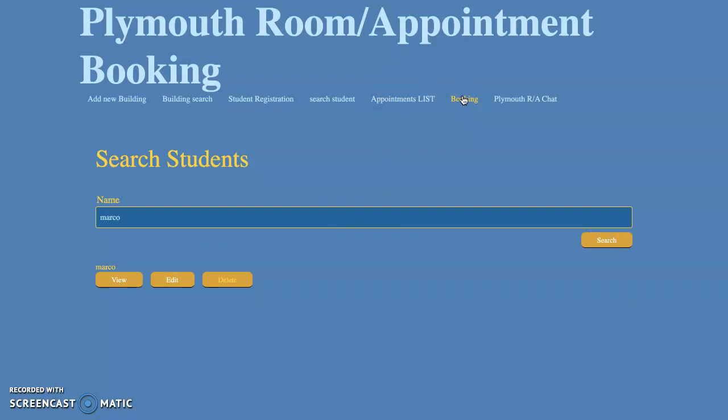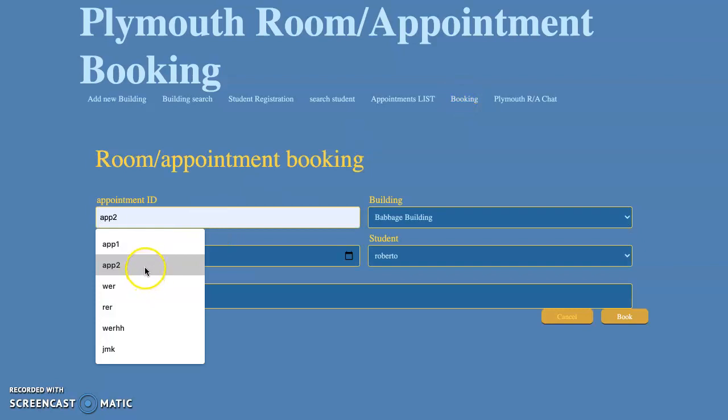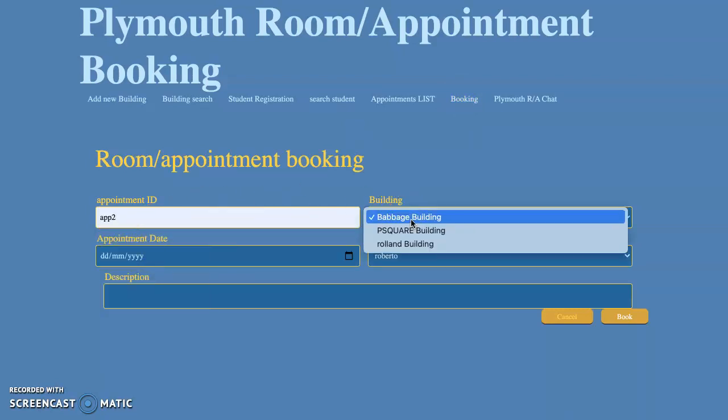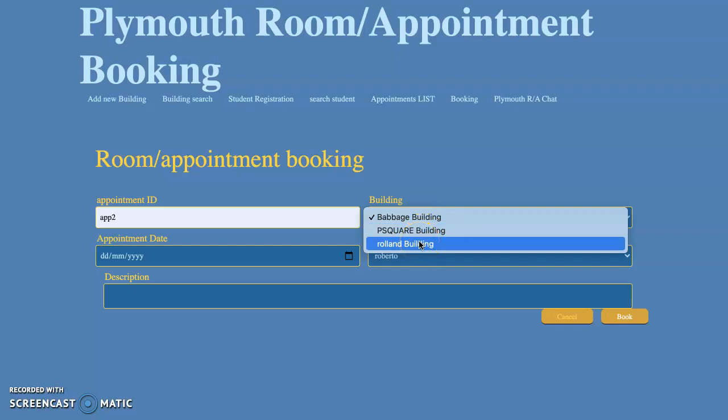Now you can book an appointment. How to book? So you have to give the person an appointment ID. Let's call it appointment 2. You can see the list of appointments available. I make it like this so that if a new user comes, you can see the list of appointments available.